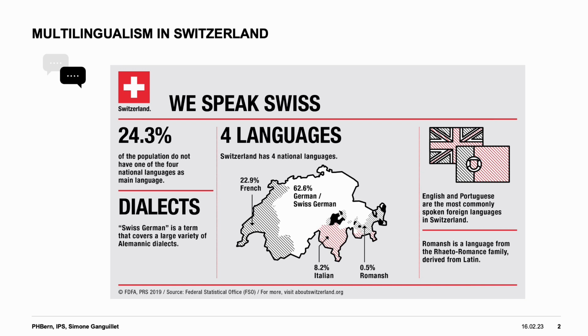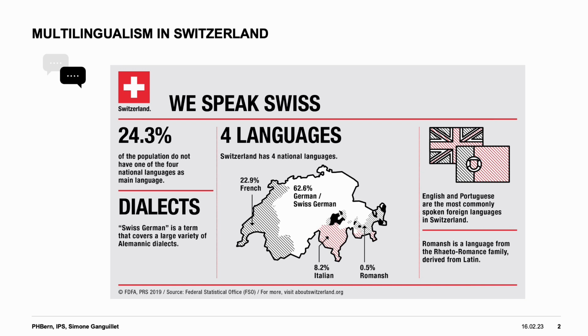So, as you might know, multilingualism is an essential part of Switzerland's identity. Switzerland is known for and defined by the coexistence of several languages. The official quadrilingualism includes Swiss German, which is a variety of German, French, Italian, and Rito-Romansch. Rito-Romansch is a language that is derived from Latin.